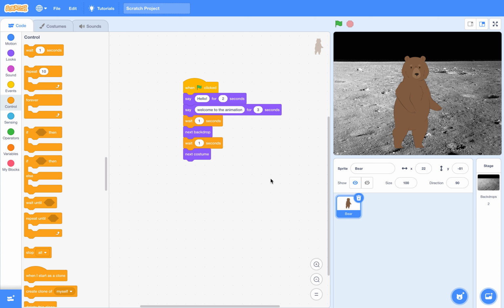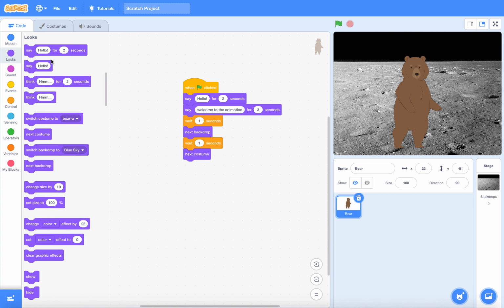So now he is standing up, and then he's going to think. Actually, there's a difference between say and think. Say is just talking. Think is actually making a little bubble. It's like in comics, you know, and then it will be like that. So he's going to think for 2 seconds, and then he's going to say,